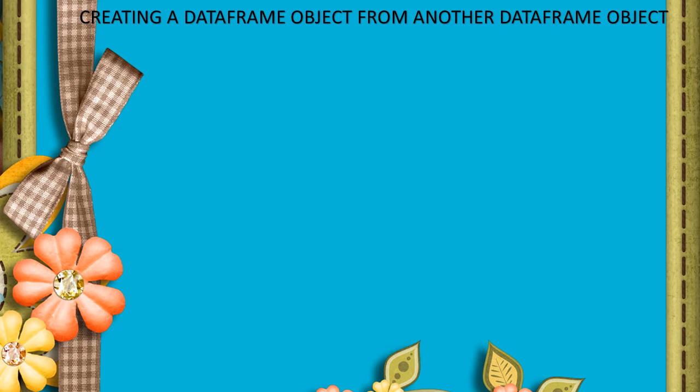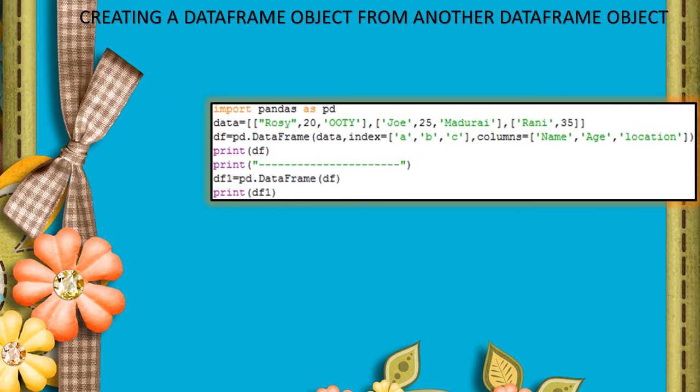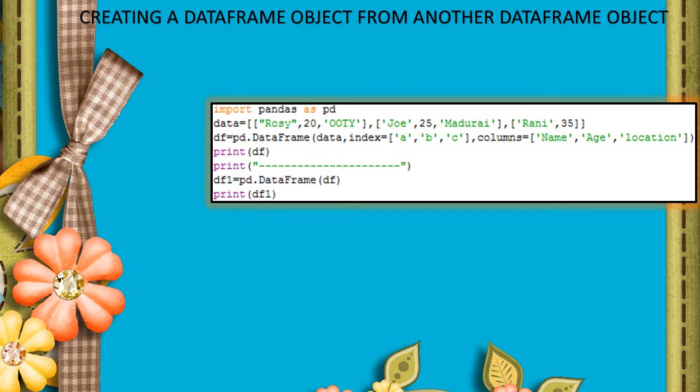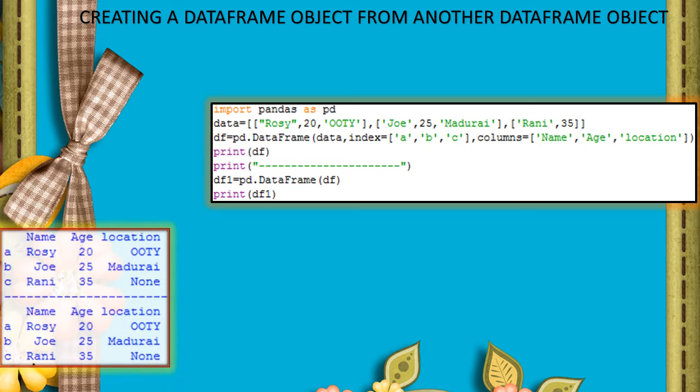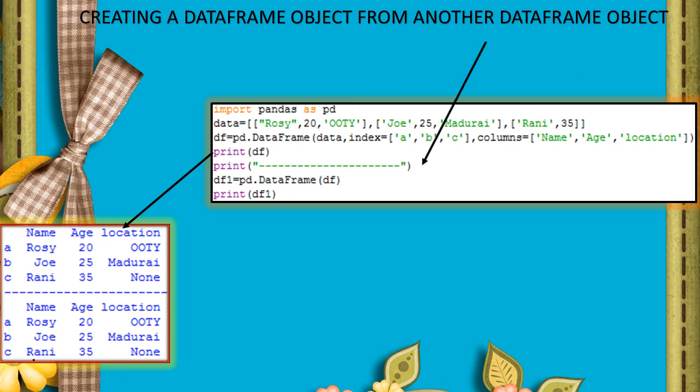And using another data frame also we can create the data frames. Like normal, we assign the values a equal to 5 and b equal to a, means both contain the same value. Same way, first we create the data frame object. It's called index a b c and columns name each location, and the data frame object is df. It will be assigned to the variable df1 another object, so both contain the same.